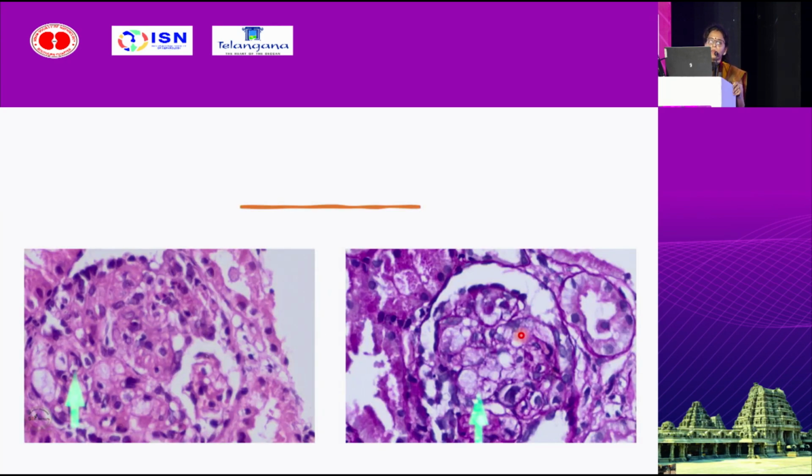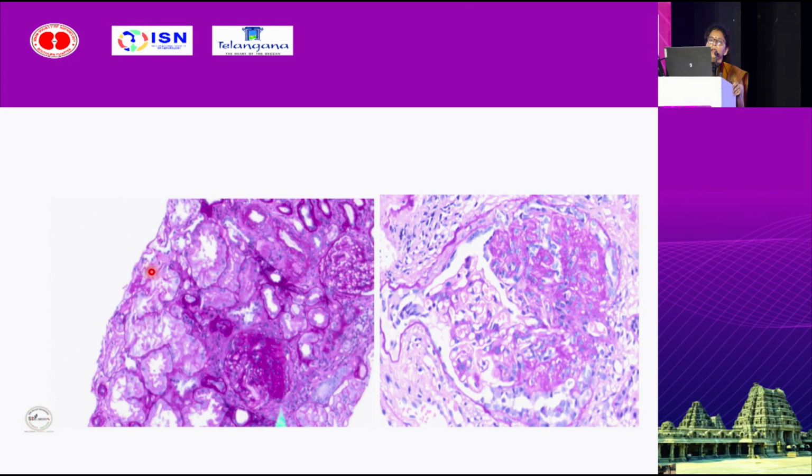So next comes the cellular variant. This is an expansile lesion with a lot of endocapillary foam cells, and also here in the HNE stained section we can see there are some neutrophils. So this is like a focal endocapillary hypercellularity, but there is some mesangial matrix increase and capping of podocytes. So this becomes cellular FSGS.